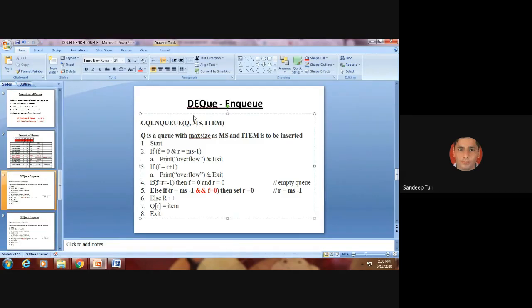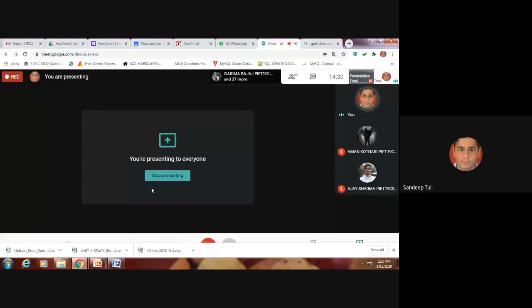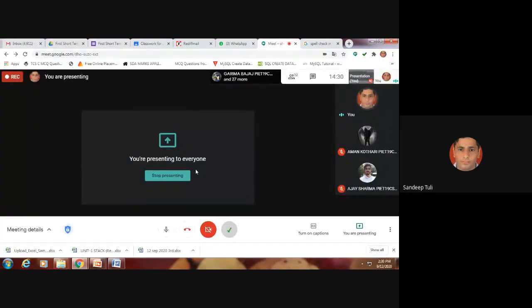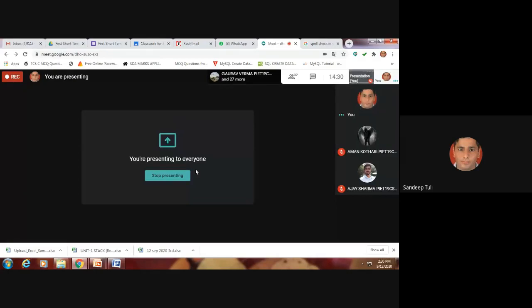First, I think you should write an algorithm on your own and present it onto the screen. This is again a good practice. In next session, you just come up with a single slide of PPT writing an algorithm of displaying the elements of circular queue on your own. Do not copy and paste the algorithm from internet or books or from anywhere else. Then it is the real learning. Whatever you think, just write it on the PPT, and we will discuss it in this class. Whatever problems there are, I will try to remove them.